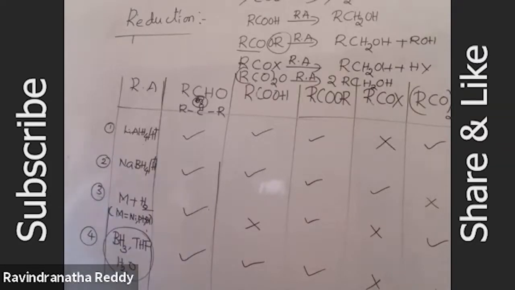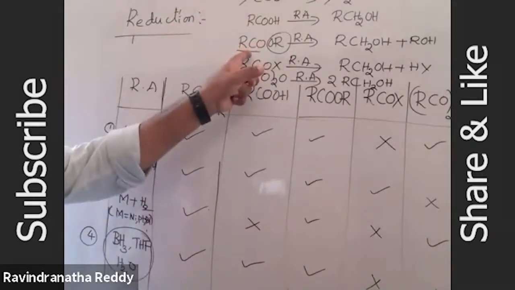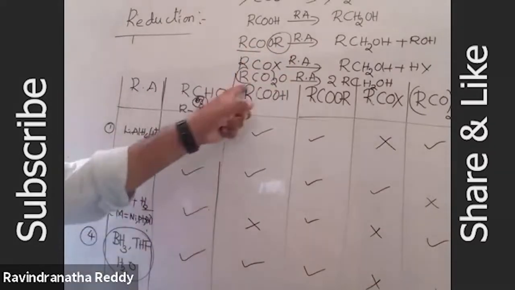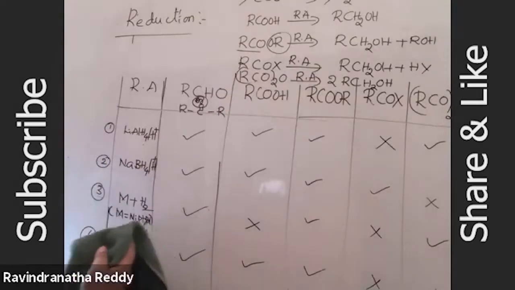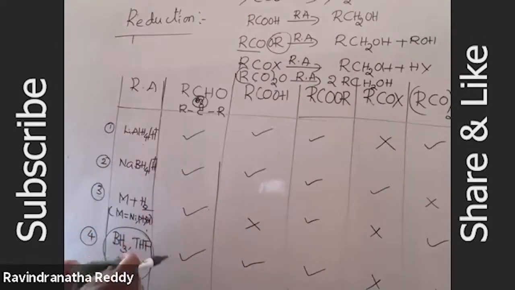So next, like that here, reducing agent selection is there. So these are the reduction reactions. Carbonyl compound converting to alcohol. Carboxylic acid converting to alcohol. Ester is converting to alcohol. Acid halide is converting to alcohol. So acid anhydrides are converting to alcohols. So here, if you take amide, amide does not give alcohol. Suppose you are taking amide, in the amide condition you are getting amine, not alcohol. That is not useful for preparation of alcohol. This is the preparation of alcohols by reduction.